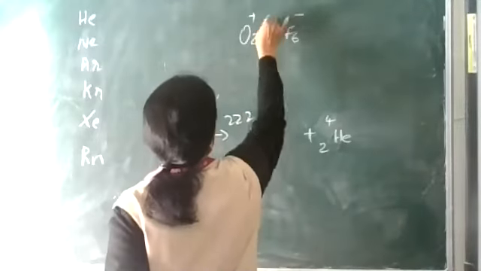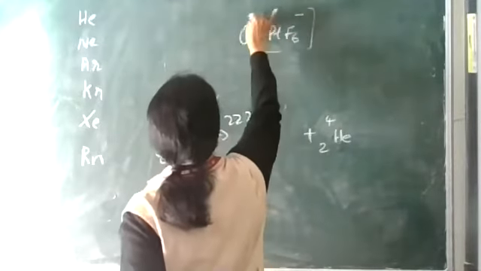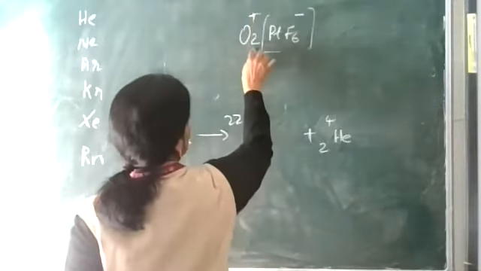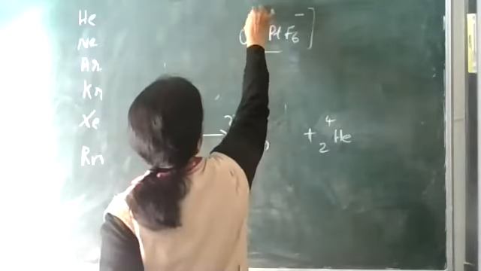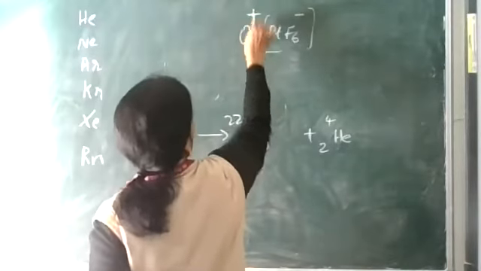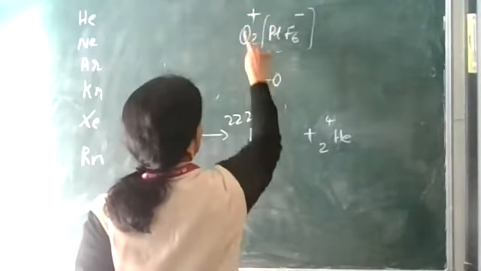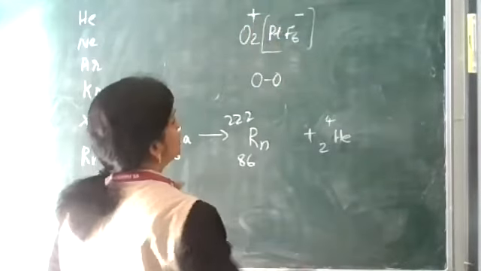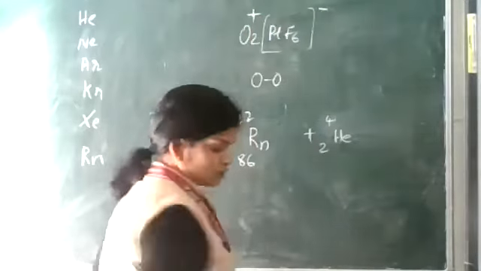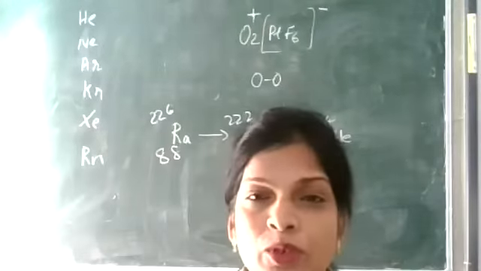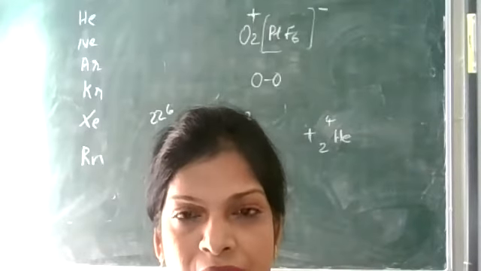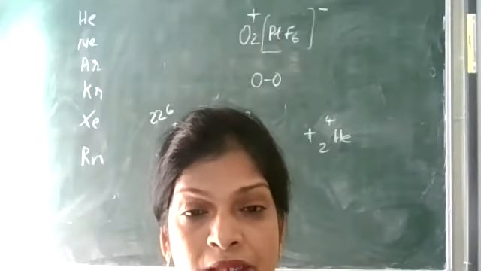Like this one compound, O2+ PtF6-. This is molecular oxygen where one electron is removed, so O2+ and PtF6-. So he was able to prepare such a compound, and he thought